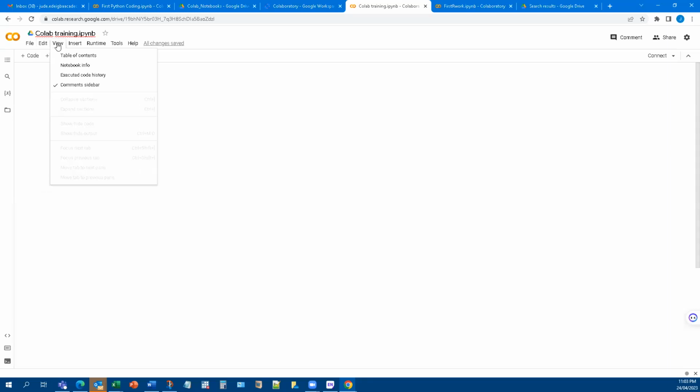And here you have the view. Under the view, you have the table of content, the notebook information. If you do leave some information there, you can execute code, history, or command. So basically, you find multiple functions here too. Here under the insert, and this is where I would like to show you how you could include the code